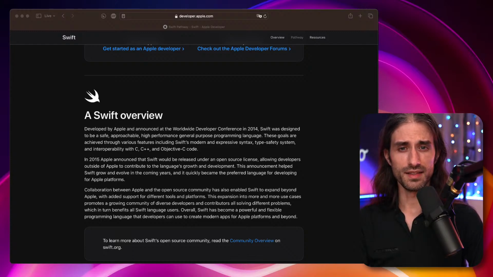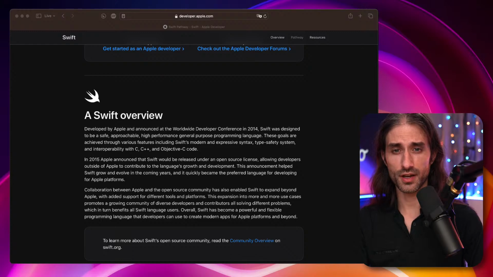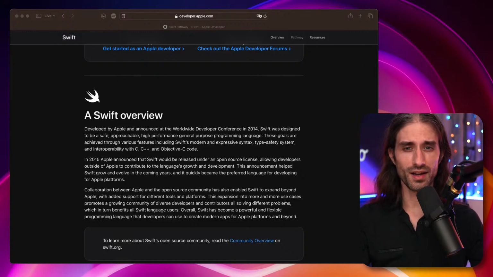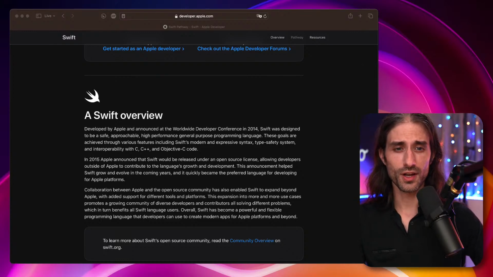For instance, there is nothing equivalent to TCA, the composable architecture, made by Apple. So for better or for worse, they don't really do that. They just started to make some resources to learn from scratch, so maybe they will move on to more advanced topics in the future. Who knows?